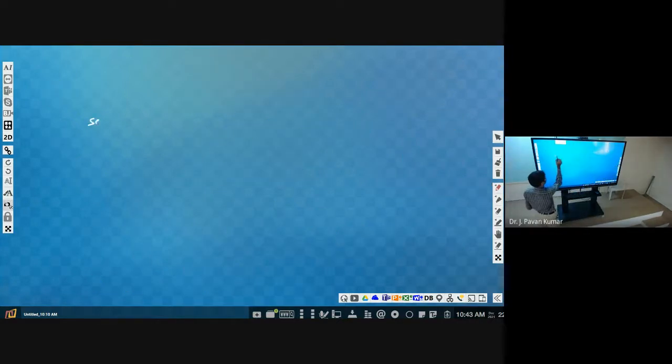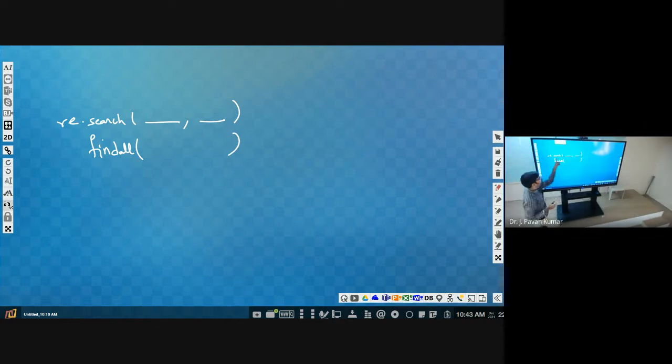So what is the function that we have used? Search, right? Search, then pattern, then text. How have we called it? By using re dot. Similarly we have a function called find all. It is also similar to search, but search, what it will do is, if it finds this particular pattern in the given text, it will return correspondingly. Find all means all the occurrences it will return.